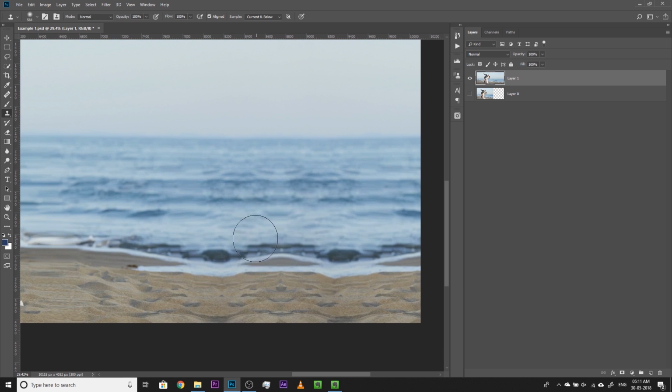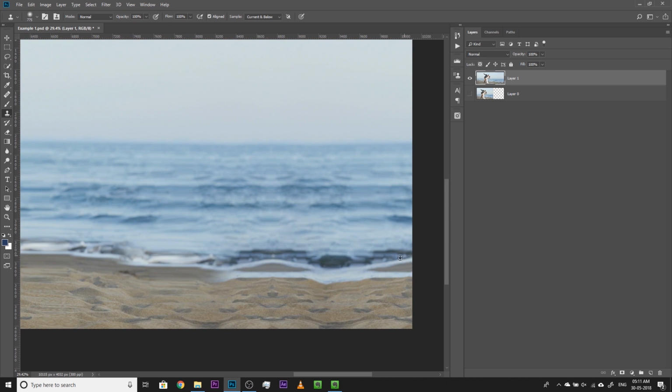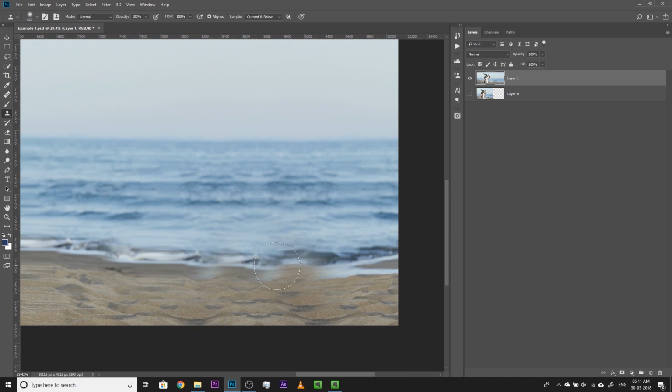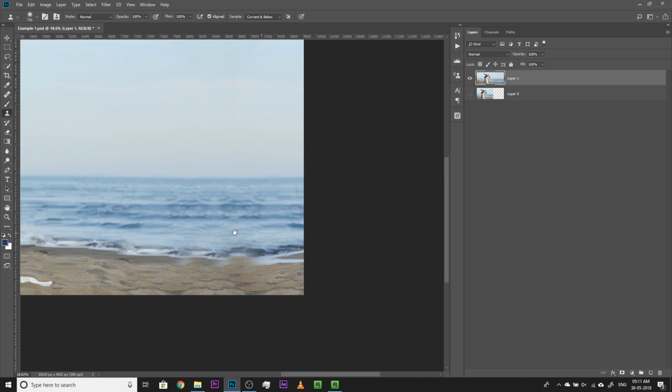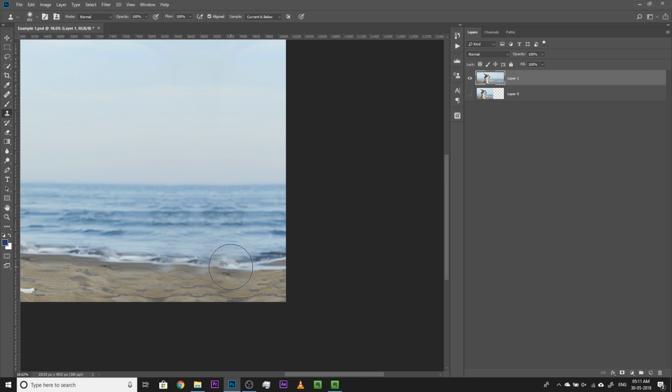So that area is fine. Maybe this is the area that we want to just take a sample and maybe continue it from here. And you get the idea. I mean, I am just too lazy to work on it right now. All right, something like that. And maybe you want to take a sample and rotate the sample. So if we zoom out, I just want to take a sample and probably I want to rotate the sample. So I would hold Shift, Alt and the left bracket key, the one next to M. Okay, and once you have rotated that,